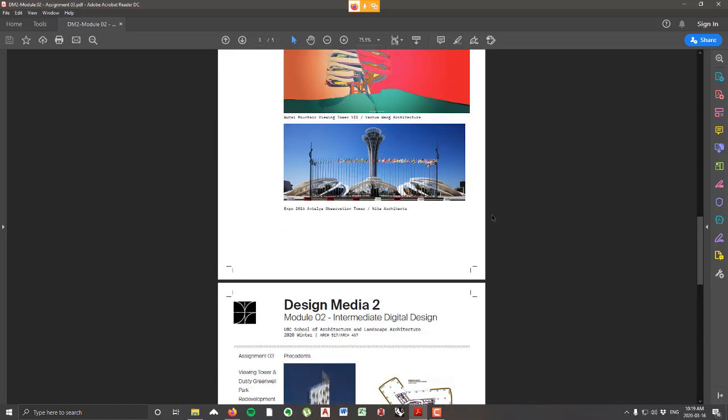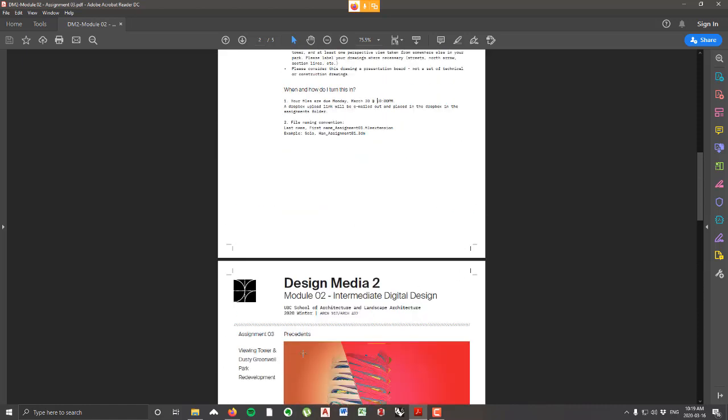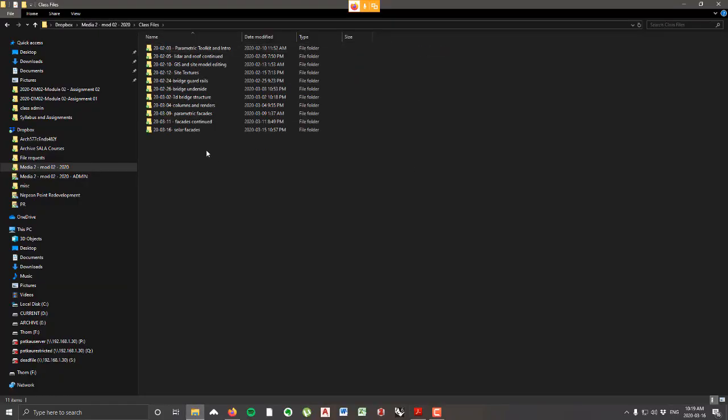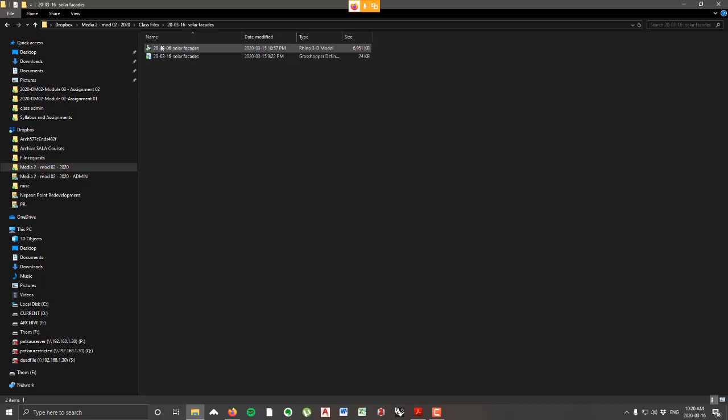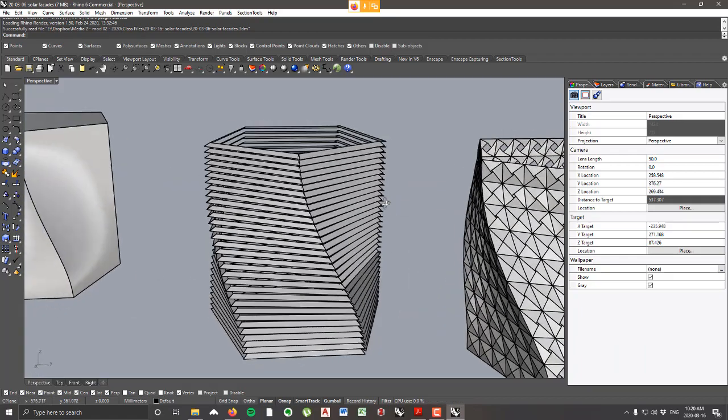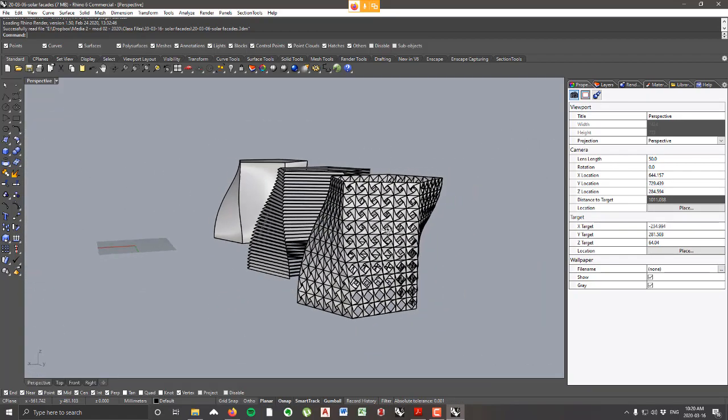Okay, so without any further ado, we are going to jump into Rhino. In the Dropbox folder, you're going to see 200316 Solar Facades, and we're going to open that Rhino 3D model. Okay, so what I have here is essentially a base form and then two kind of